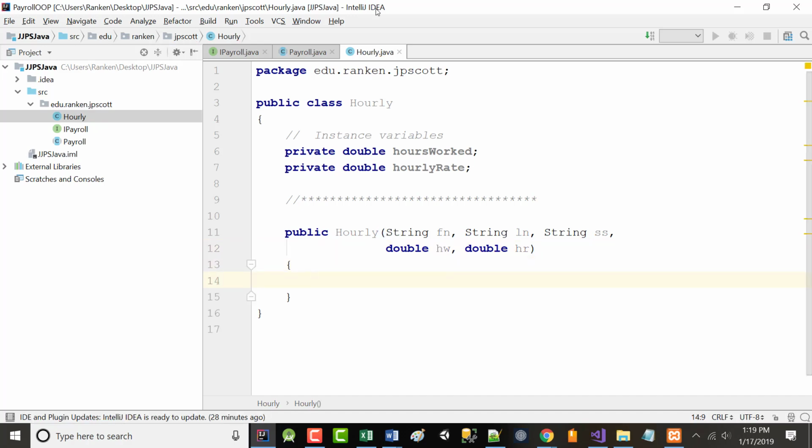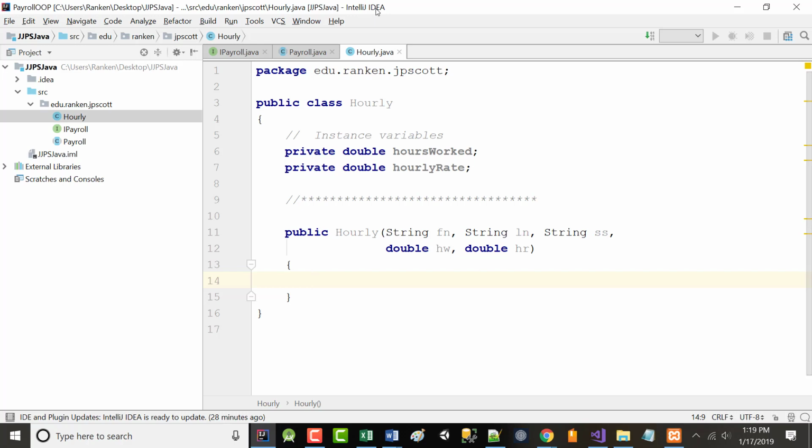Does that make sense? We've got to do something next, but does what we're doing make sense? We're saying that each hourly employee has a first name, a last name, a social security number, hours worked, and an hourly rate.